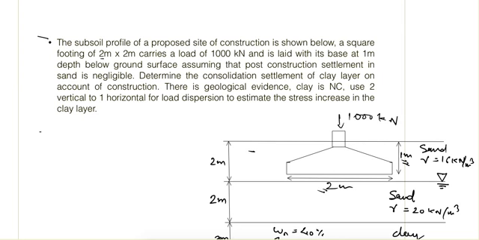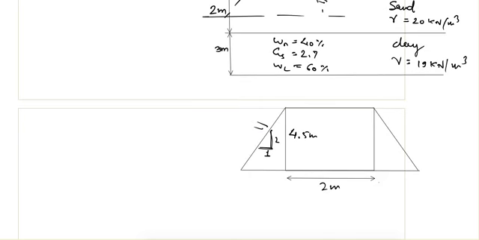So when there is stratified soil, and we know the stress at some point, and at another level we want to calculate the stress, for that this kind of load dispersion technique is used. Let's say here if the load is P, we want to find out what will be the load at some other level at a depth of H. So for that you will be given at what rate the dispersion should be there. So this 2:1 is given.